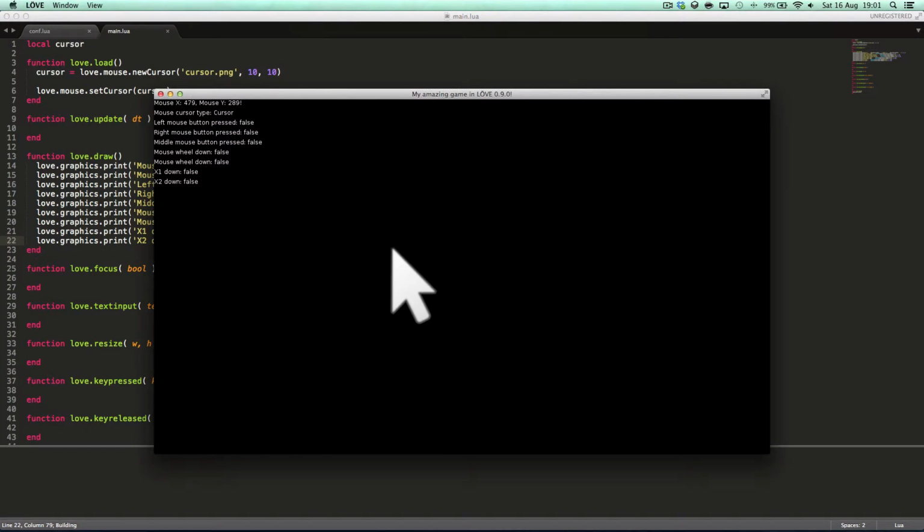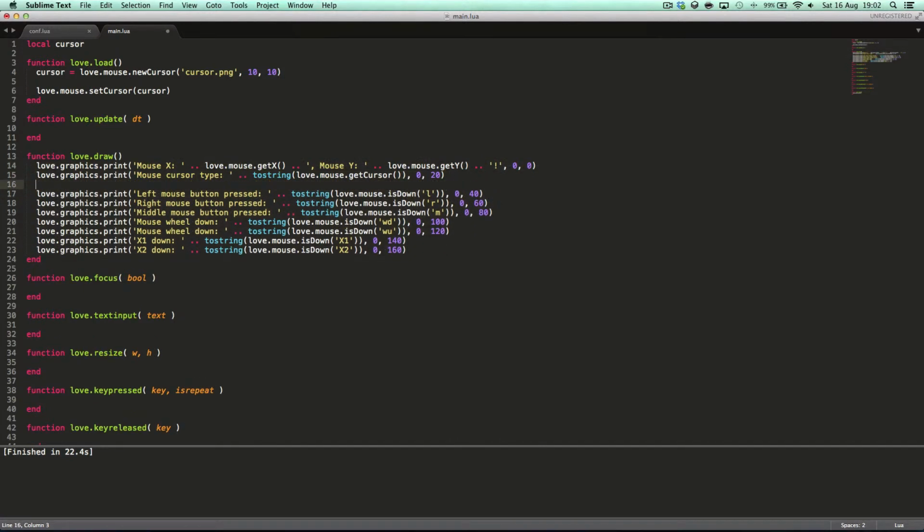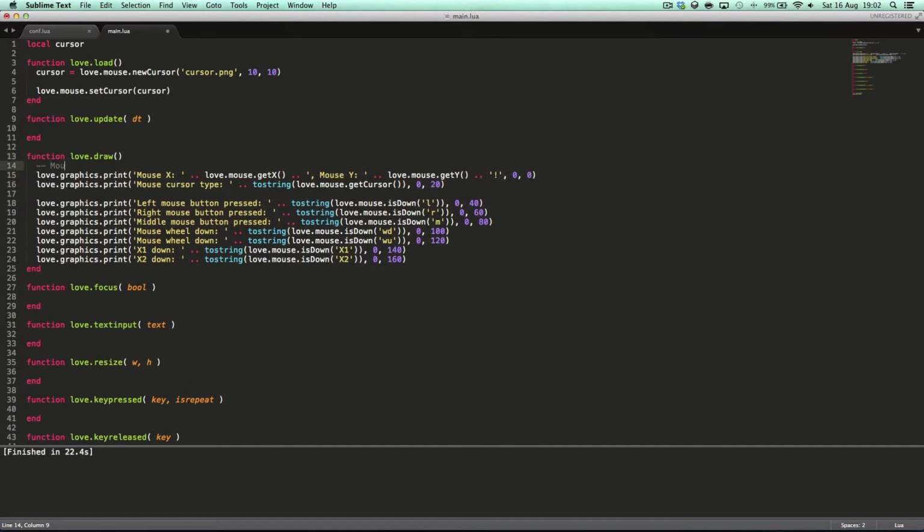I don't have any of these buttons on my mouse. I just have a bog standard mouse, but maybe on gaming mice, mices, is that the plural? Mices, mouses, I'm not sure. There'll be buttons like this, so maybe if you have one of those, you can play about with that, but I don't, so I can't play about with that, unfortunately. Yeah, so this is all the mouse button down stuff. Let's actually comment this. Mouse button,